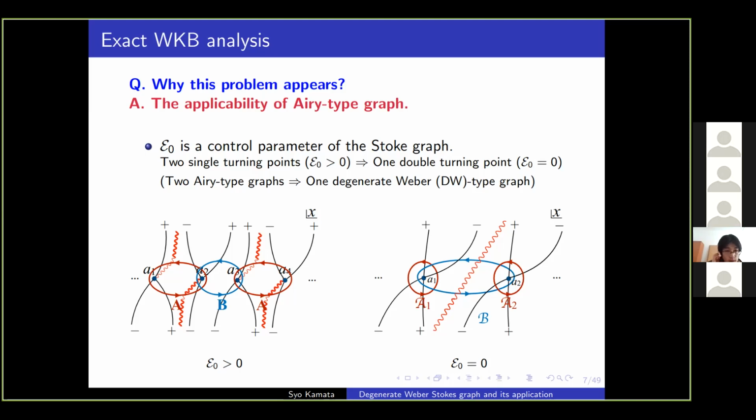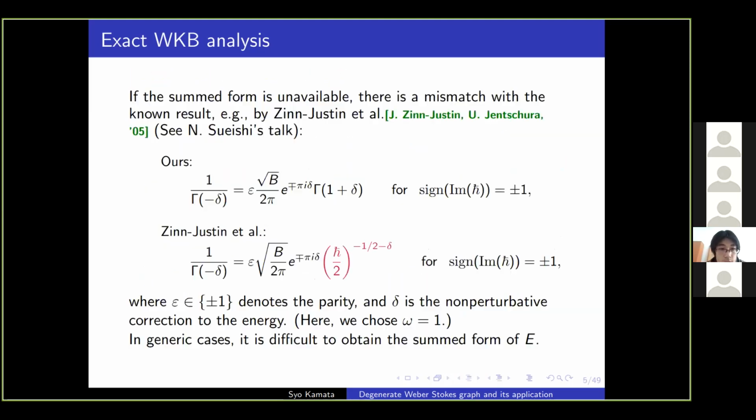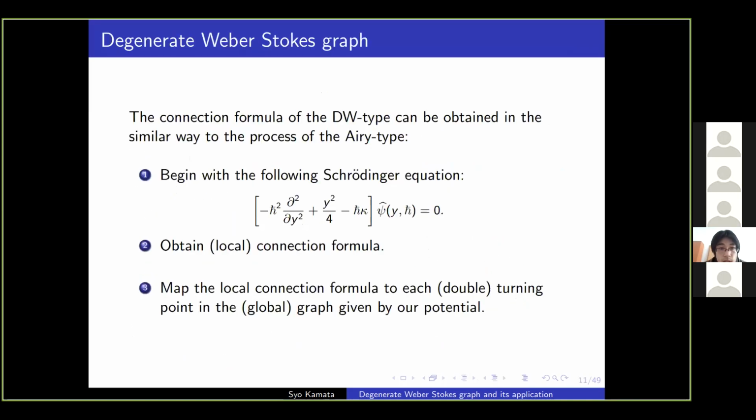Can I ask a question? So your Degenerate Weber equation, which is on one of the next pages that you have here. Degenerate Weber equation, this one. Yes. So this is just a parabolic cylinder equation, and we know all the connection relations for these special functions. So why do you need lots of your analysis? Because the connection relations from one side to the other side are known using the parabolic cylinder functions.